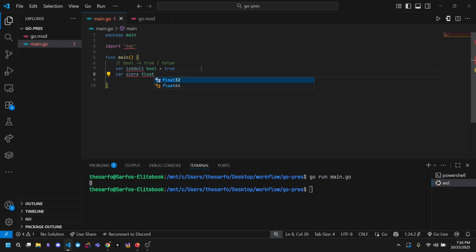Float equals. So floats are called floating points. Essentially, you have values after the decimal point. There are a lot of nuances around it, but let's just keep it at that. So let's store maybe 89.5, and then there are also strings. Var name string, like we saw previously, equals